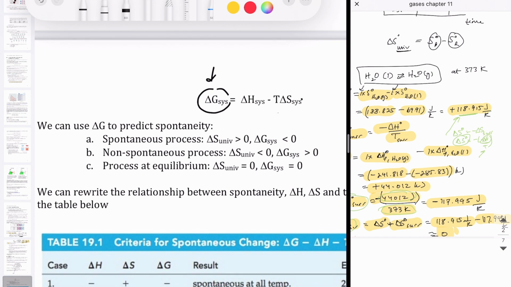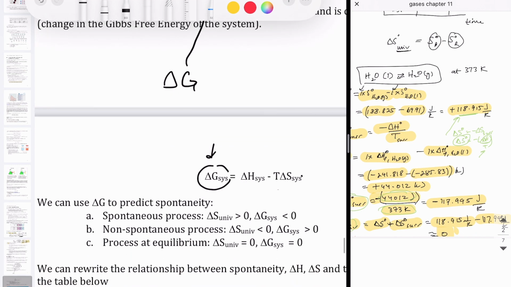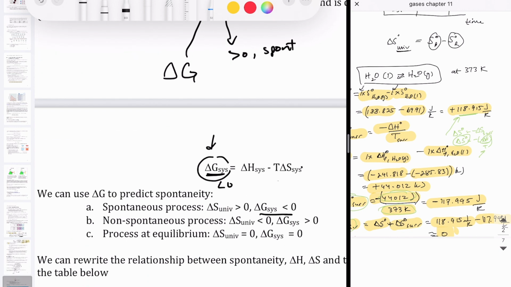Now, how specifically does it help us? Remember that delta G is the same as negative T delta S of the universe. So delta G and delta S of the universe are sort of opposite in sign, right? So we know that delta S of universe has to be positive for a spontaneous reaction. That means our delta G is negative. So in other words, delta G is negative for spontaneous processes because the delta S of universe has to be positive. Similarly, if the delta S of universe is negative, that tells us the reaction is not spontaneous. Well, the way we interpret that using delta G value is that the delta G is positive